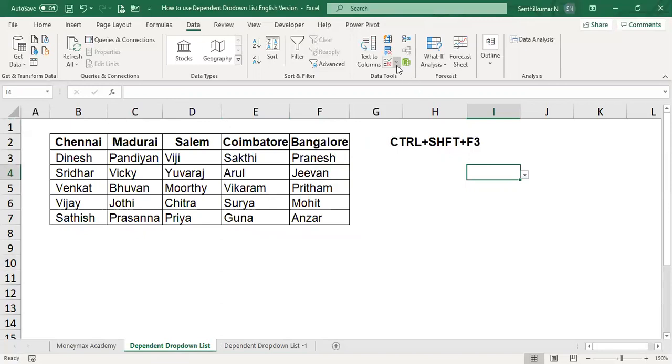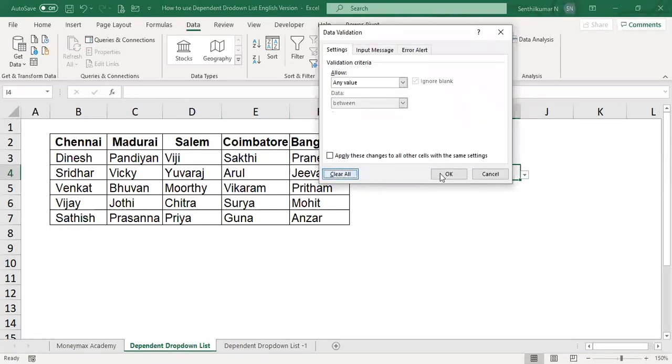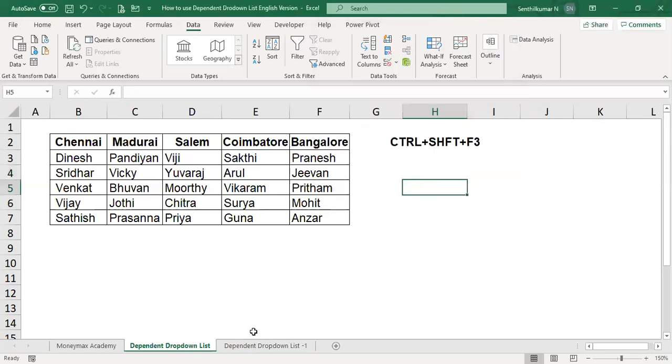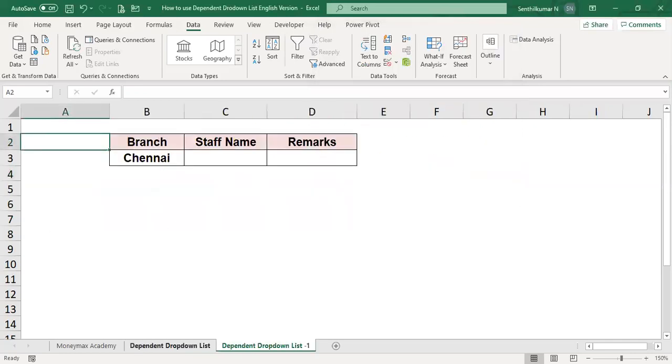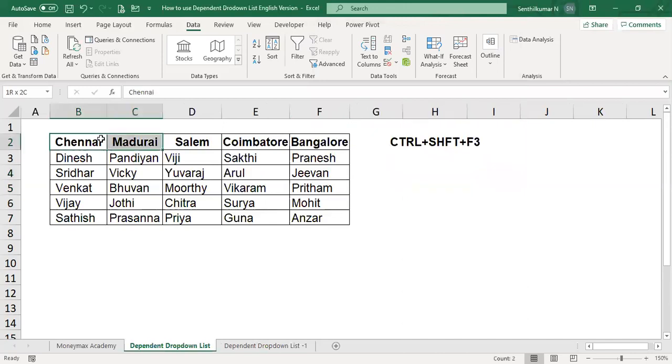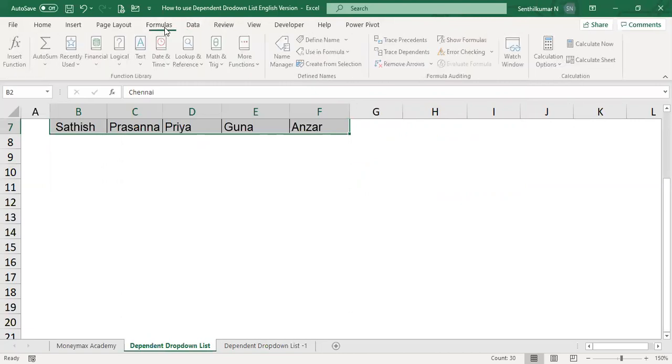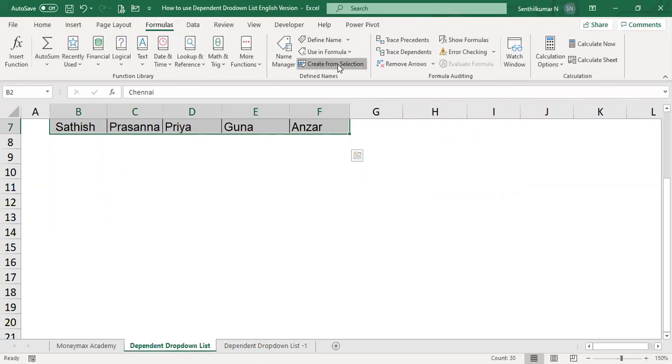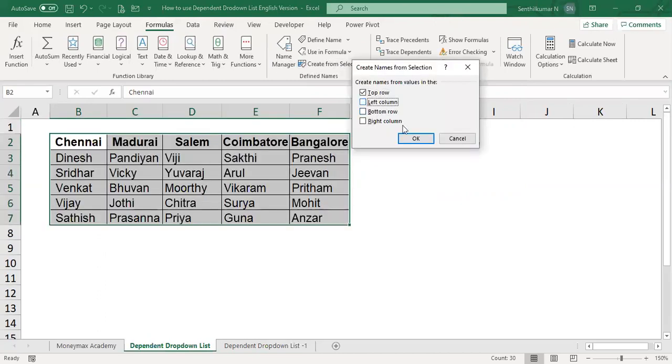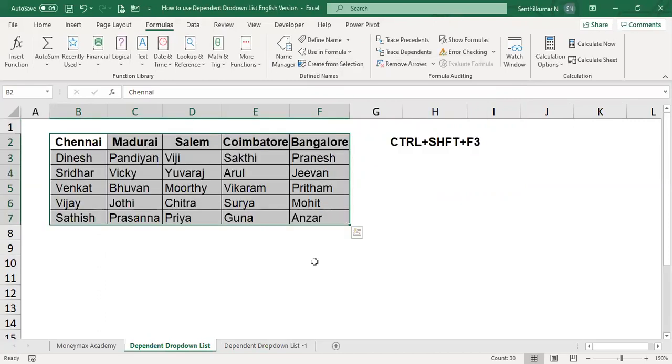And then we have to remove here too. Data validation, clear all. So we have removed everything. Now we want to start again. First step, we have to give the names. We have to select the data, go to Formulas, Create from Selection, top row. First step over.